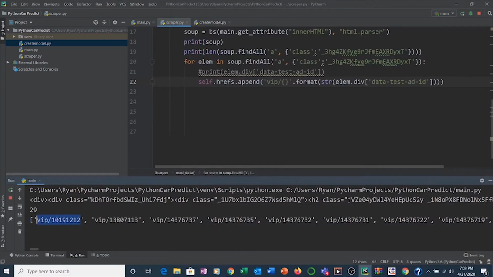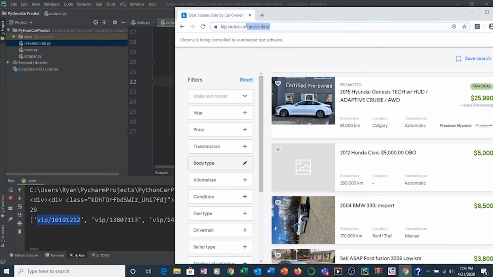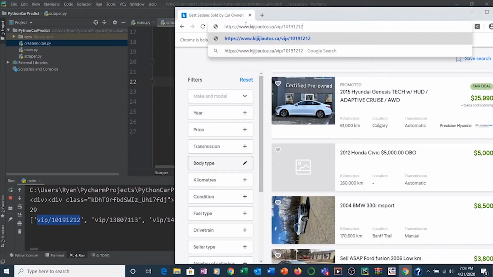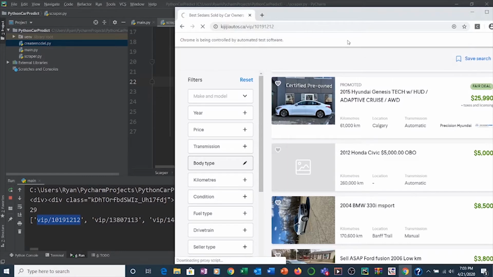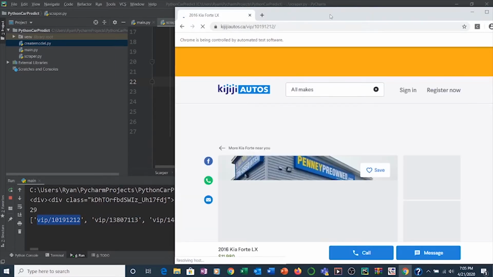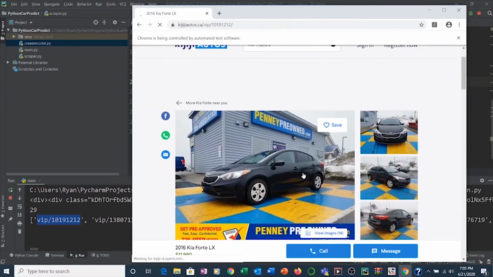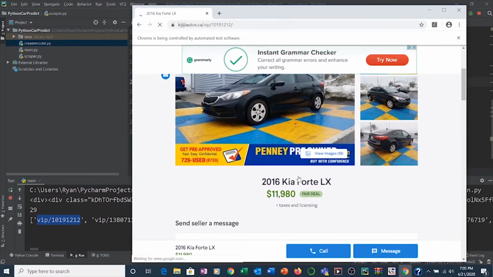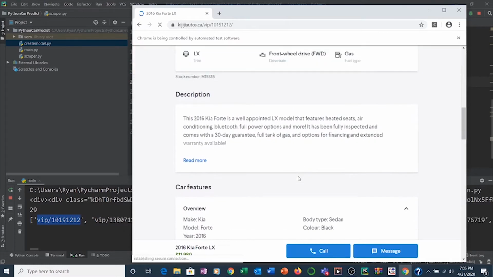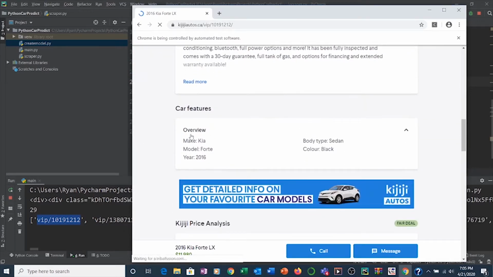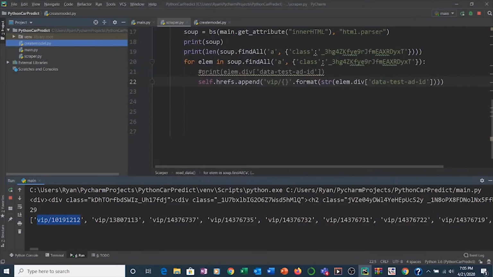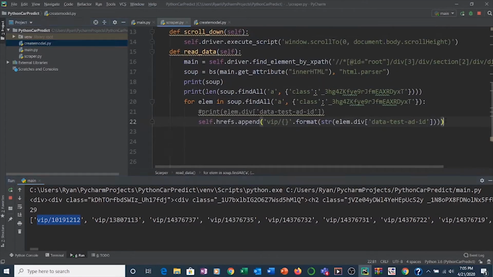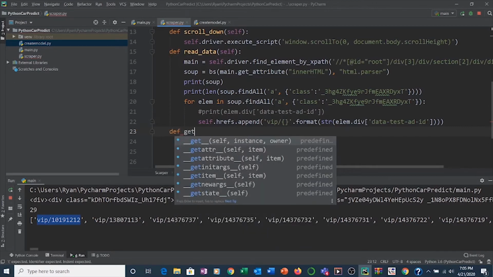Now let's copy one of them and go on the base URL and simply paste it and see if it redirects us to the page of the car. All right, so it did work, and here it opened up the page for us, and this is the page of the car. So now what we can do is simply come here and retrieve all of the information that we need, and for that we'll create a function. So we'll call it a function called def get_info,